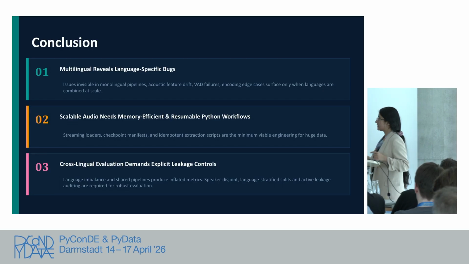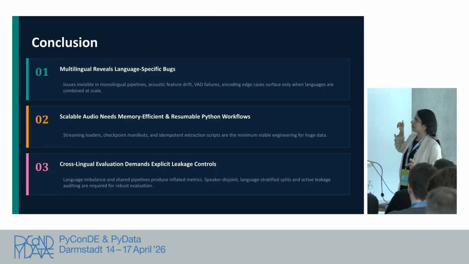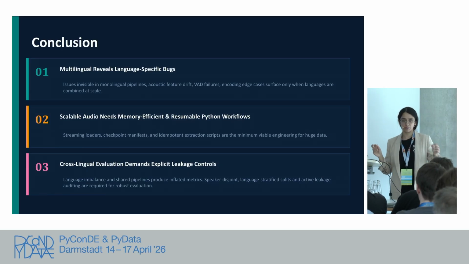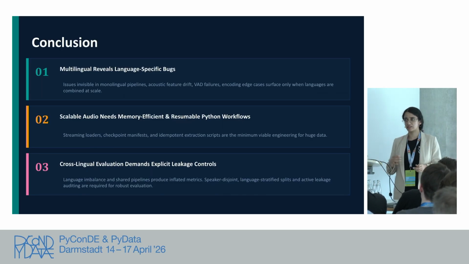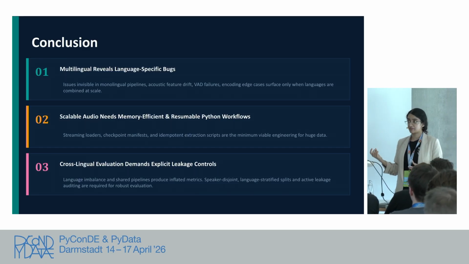And the last part, leakage controls, is equally important, I think, which ties back to the first one: making sure that every language is pre-processed with a different normalizer and a different tokenizer for every language that we have.